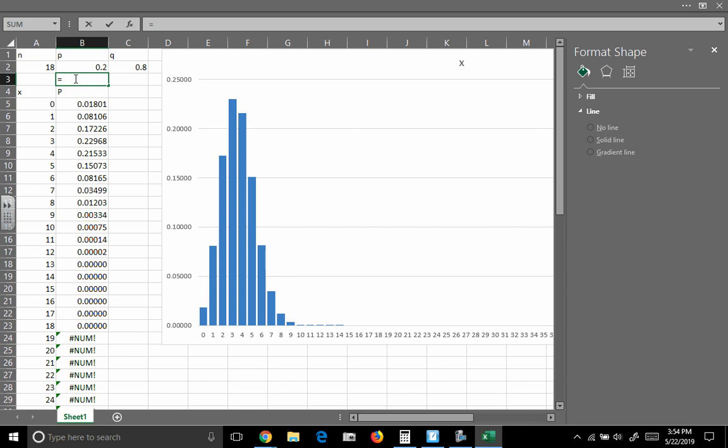If we did the calculation n times p, we would get 3.6. Or if we did the calculation n times q, we get 14.4. Since this one is not greater than or equal to 5, then we can't use a normal distribution as an approximation. Our binomial has to closely resemble a normal curve in order for us to use this method. But notice, if our p increases,